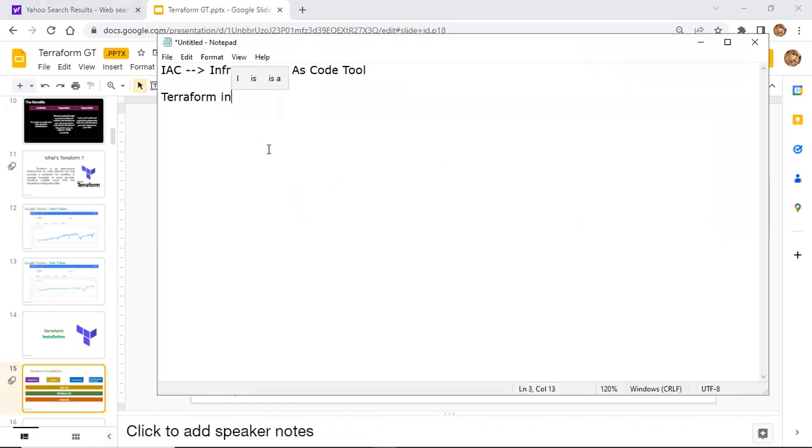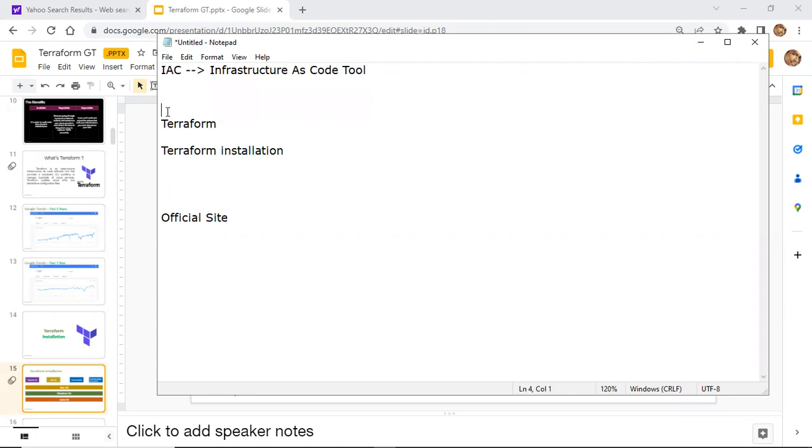So now Terraform installation. So we have an official site. Before that, let's see more on Terraform.